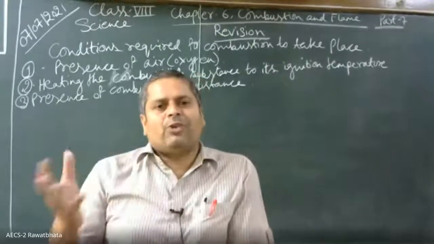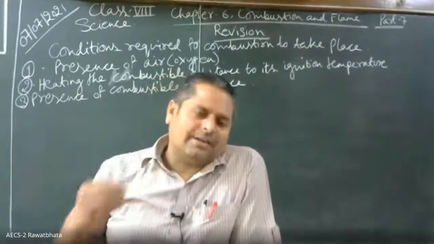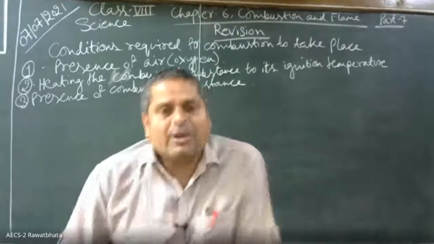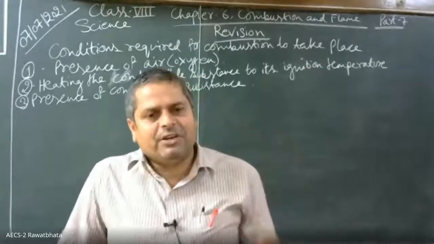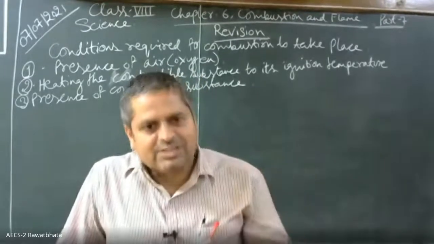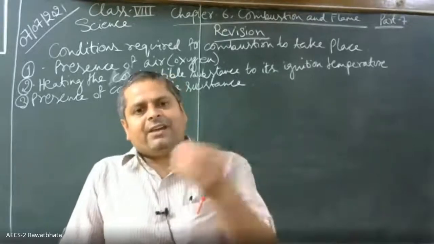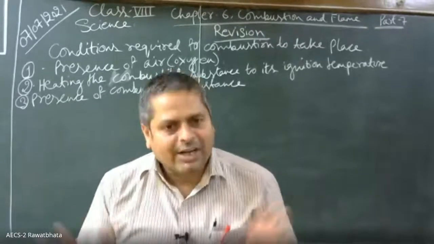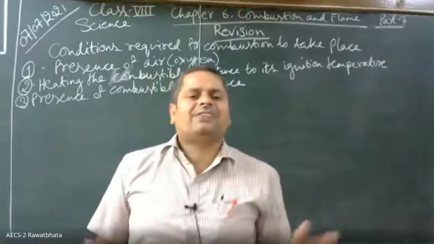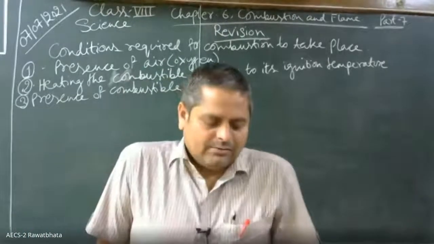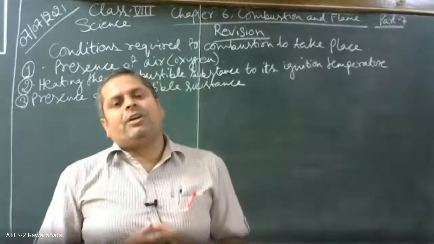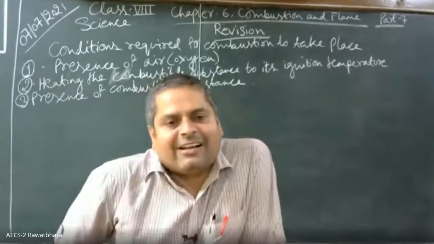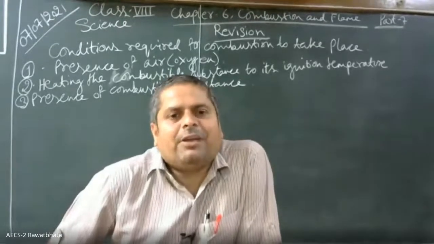Now let us come back to another type of combustion based on the speed of combustion, that is explosion. So explosion is such a type of combustion in which the combustible substance burns at very high speed, and it produces a lot of energy, heat and light simultaneously. एक साथ बहुत ज्यादा एनर्जी निकालते हैं, आवाज भी आती है और हीट और लाइट भी आती है, ठीक है ना? For example, explosion of crackers. You might be using crackers